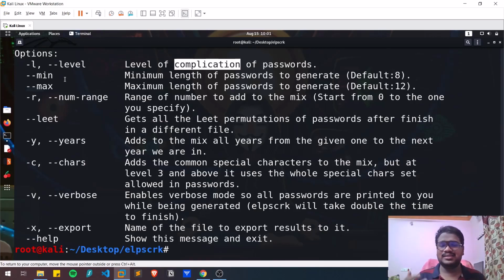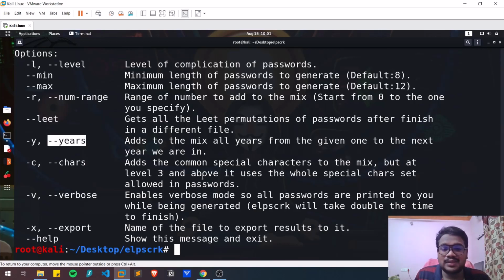Let's say you got to know that the person is using a password of some 8-digit length. You can provide the minimum and the maximum range, and also the range of the numbers, and the leet option, the years option, the characters option, and so on. I'll only show a few scenarios in this video, but you can feel free to play with all the options available here.